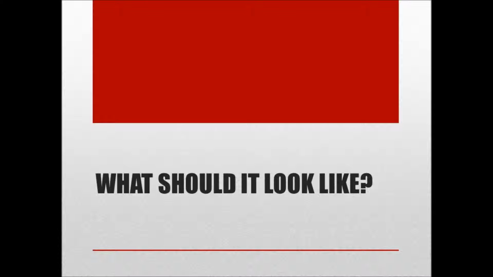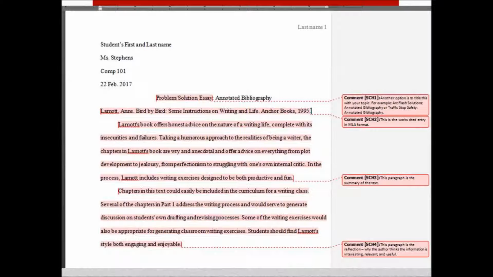Okay, so now I know what I'm supposed to do. What does it look like? You can see in this sample that I have formatted this paper according to the MLA format requirements. Student's first name and last name, teacher name, class name, and the date. I have a title. I have called this the Problem and Solution Essay Annotated Bibliography. You may find it more beneficial to actually name that according to your topic, such as Traffic Stop Safety Annotated Bibliography. The reason that I might suggest doing that is because it helps you keep track of your research when